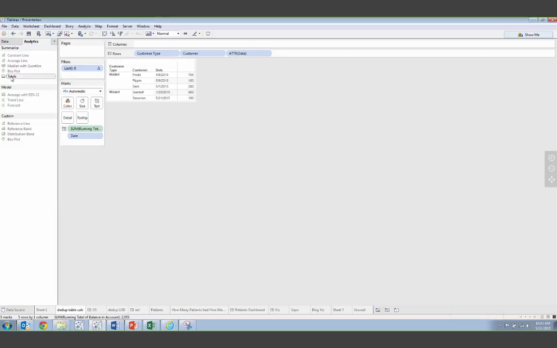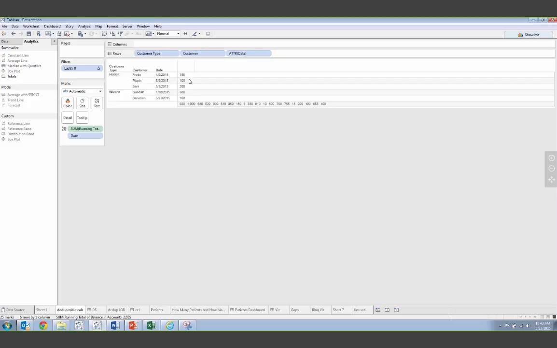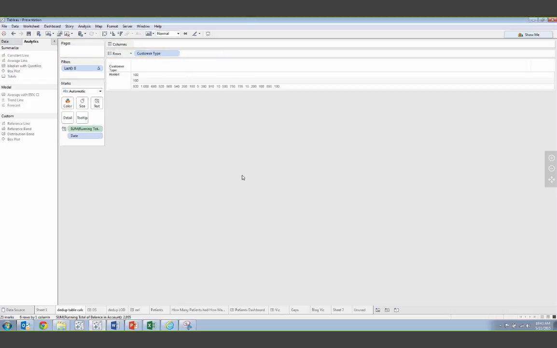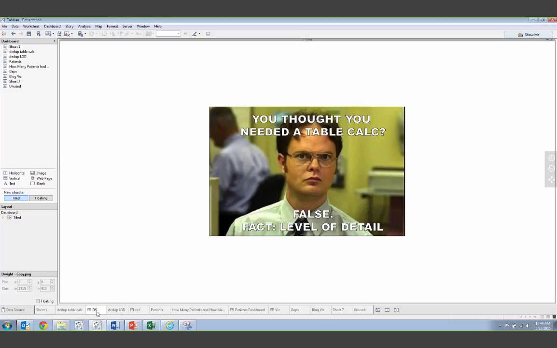That's what I want, and I'm happy until my boss says, put the totals on. And now I'm scrambling, and I'm looking at Jonathan Drummy's post on customizing grand totals, and then my boss says, oh no, I don't want to see it by customer. I want to see it by customer type. And so whereas I was seeing 755, 100, 200, etc., I go down to the customer type. And now I'm really confused. What's going on? So I would have had to do all kinds of tricks with the table calc, and that's when I realize I don't need a table calc. I can use a level of detail.